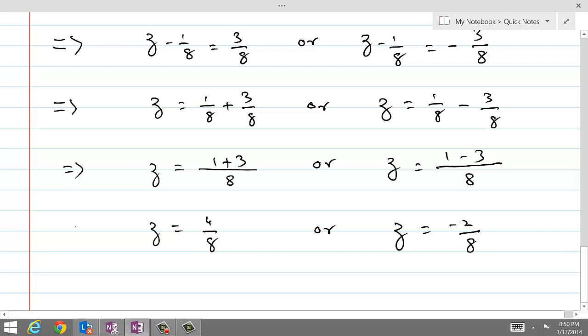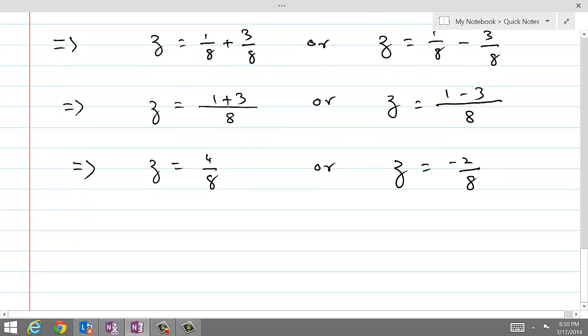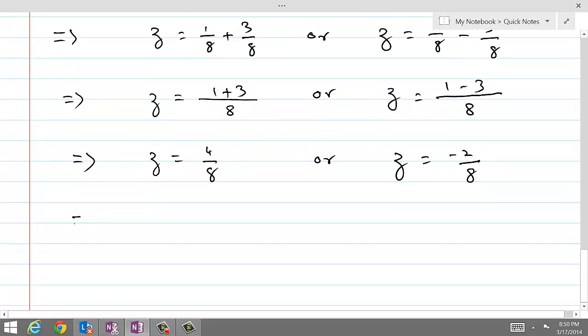So that's how we get two values of z, and if z is equal to 4 by 8, the equivalent fraction is 1 over 2 here, or here the equivalent fraction is minus 1 by